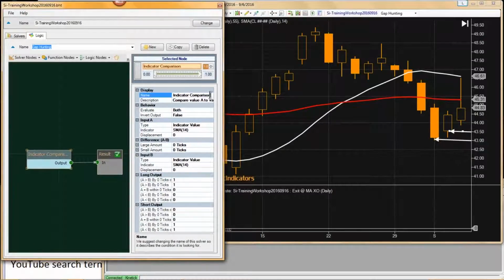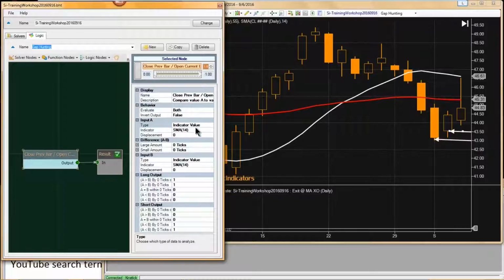All right, so we'll do a comparison here. And let's see. All right, so the open of the previous bar to, sorry, I keep getting those reversed here. The close of the previous bar to the open of the current bar. All right, so